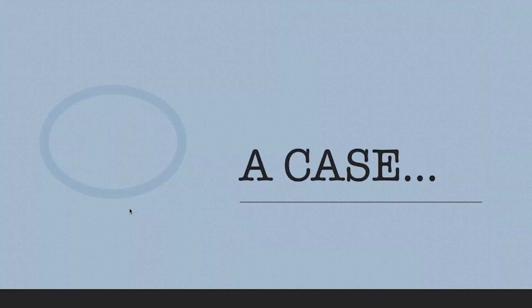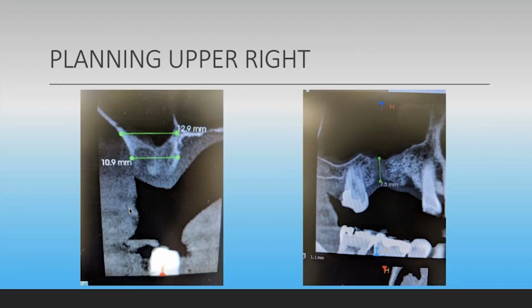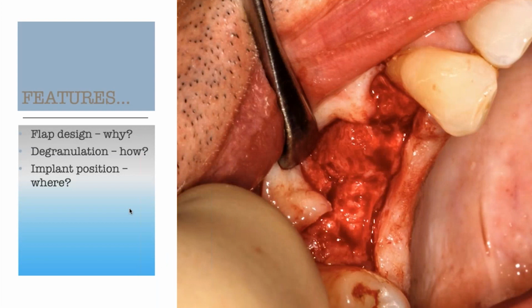So let's have a look at a case. Planning first. So we're looking on the upper right side. In this case, doing some measurements with our CT scan, we've got more than 4 millimeters here at this distal site. What's the key features of this case? The flap. I think it's important to understand that I've done a distal release behind that distal tooth, being the molar. There's no mesial release. It's just around that